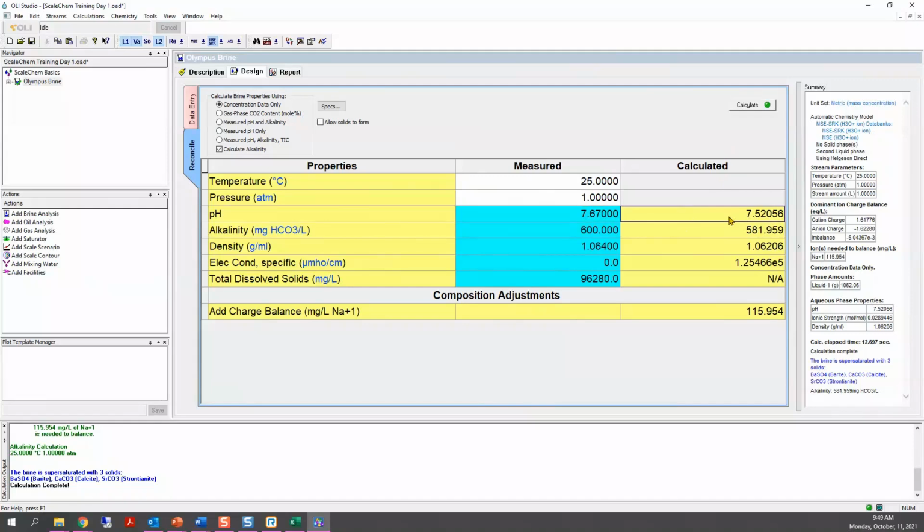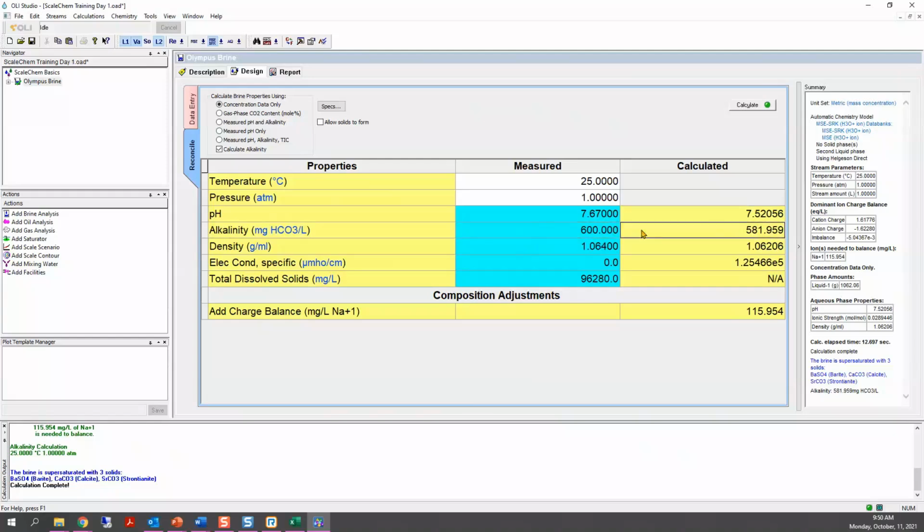So then you will ask the question here, do I need this water to exactly match my measured value? And if I wanted to match my value, then the software will either add hydrochloric acid or sodium hydroxide to make sure that pH is matched. Same for alkalinity. In this case, the alkalinity value is around 20 milligrams less than what was measured.